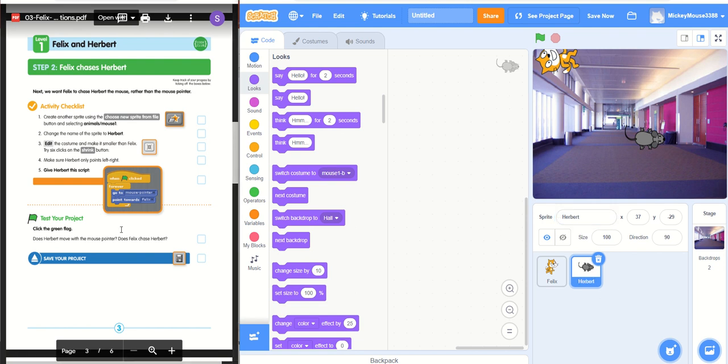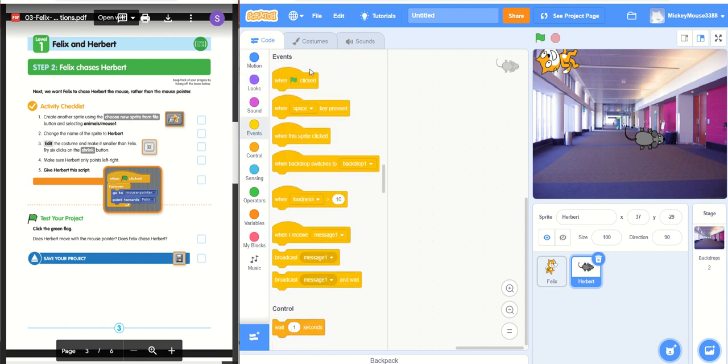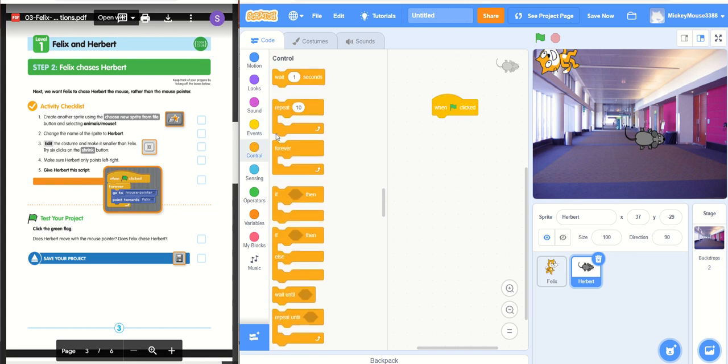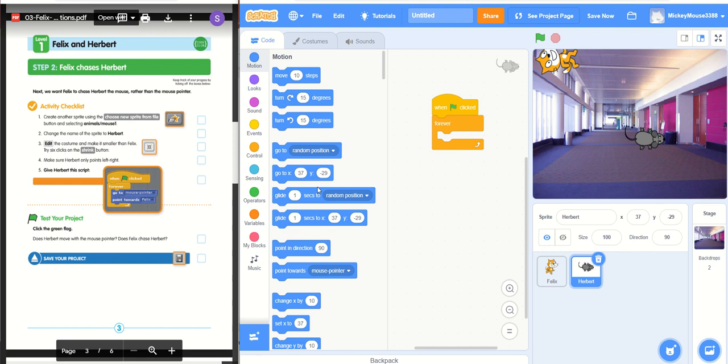And then I'm going to add the actual code block. So again, a new event for this particular sprite. When I click the flag, this sprite again is going to have a forever loop. In motion, it's going to go to the mouse pointer. So go to is there, but it doesn't say mouse pointer. But if you look, there's a little drop down box. I can select mouse pointer,